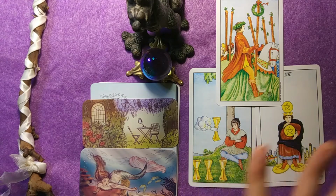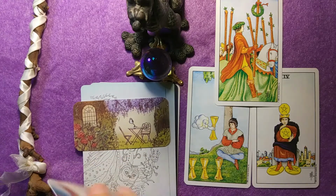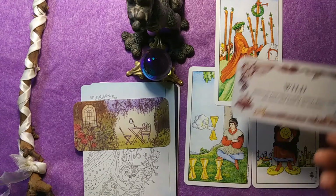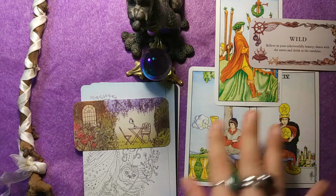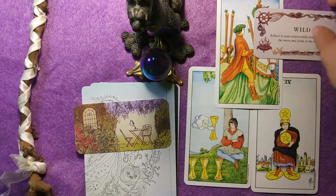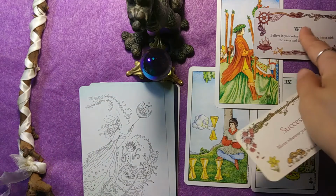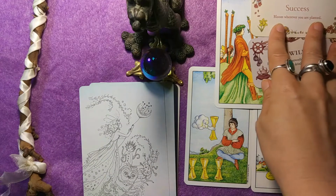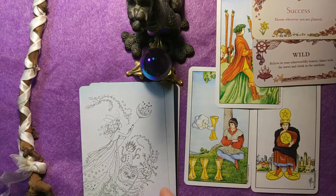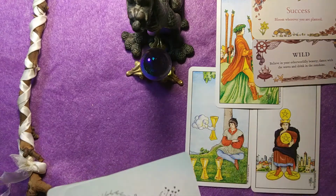So here we have the tarot cards, and what I like to do is use the oracle so we can see. So wild. Believe in your otherworldly beauty, dance with the waves, and drink in the sunshine. I think that goes with victory. So here you're using the mermaid deck, and we're going to use the secret card here. Success. Bloom wherever you are planted. And it's interesting, because this is what I'm talking about. I love that, because this is definitely a victory. There is success there, and the oracle cards accentuate whatever else the tarot cards